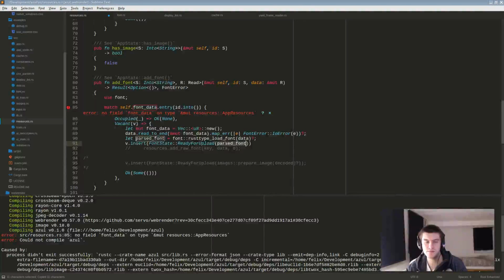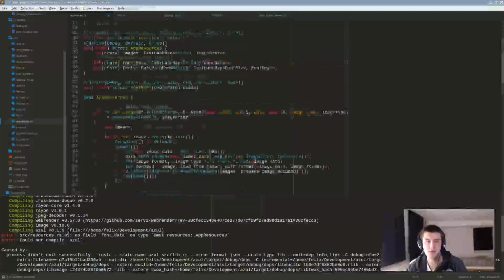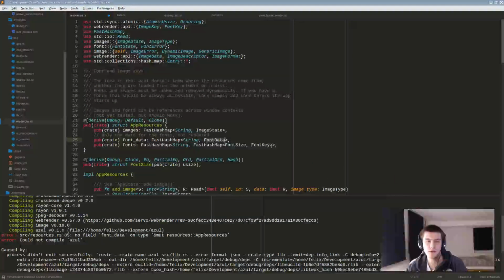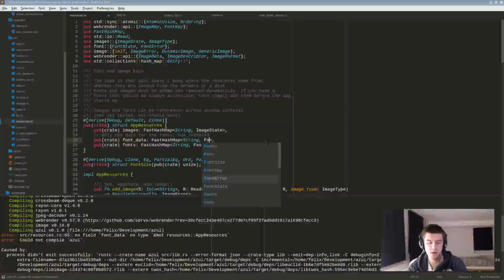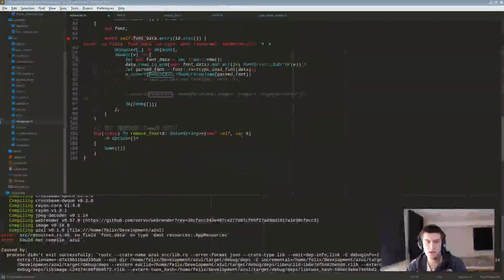So v.insert font state, if we have a font state by GUI8 and the font state, which is also, we have the font state